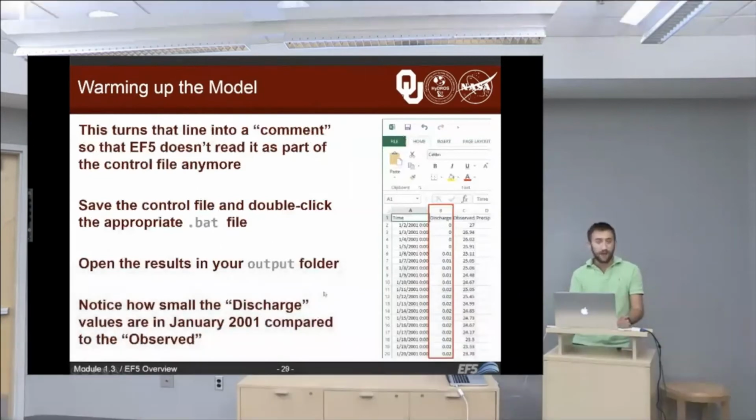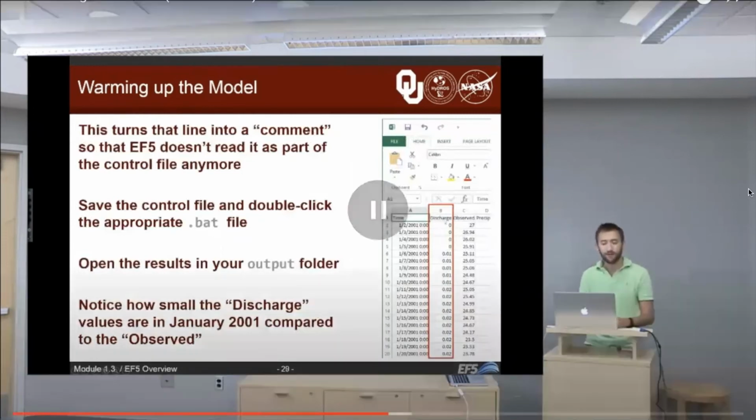And you can go ahead and save the control file and then double click the appropriate batch file. So remember, if you're running 32-bit Windows, you want to do the 32-bit batch file, otherwise do the 64-bit one. Now open the results that are in your output folder. And when you open those up in Excel, you should notice how small the values since January 2000